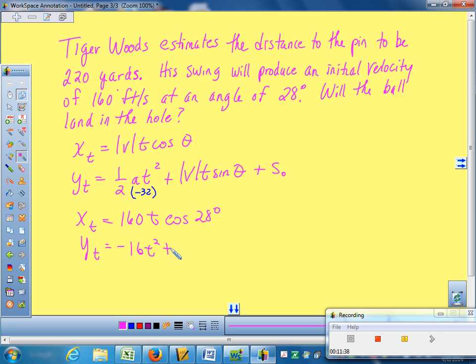Okay, the middle piece here, the VT sine, exact same thing you wrote up here, except you change it to sine. It's going to be 160t sine of 28 degrees. And then, what is the initial position? 0, because he's hitting it off the ground. So